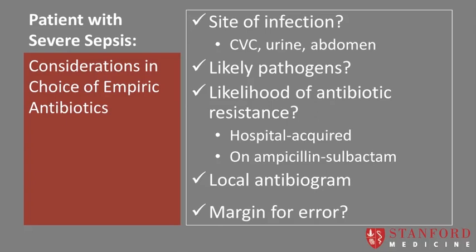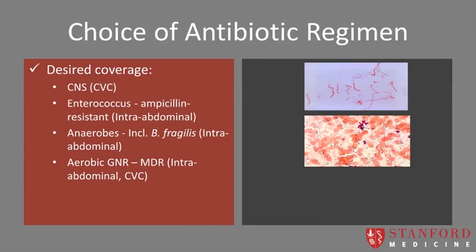finally, what is your margin for error? What I mean by this is, how critically ill is the patient? What is the likely outcome if the antibiotic regimen you choose is inadequate? And we know that in many infections of this sort, that initially administered antibiotics that don't cover the pathogens causing the infection are associated with greater mortality. So our coverage